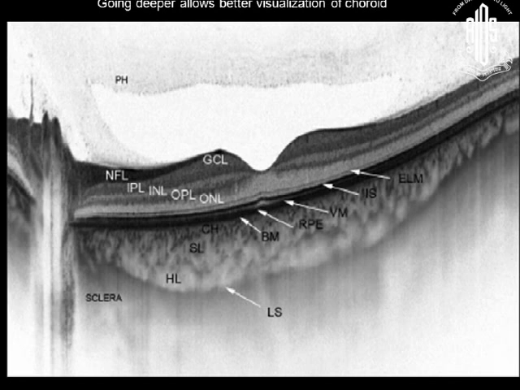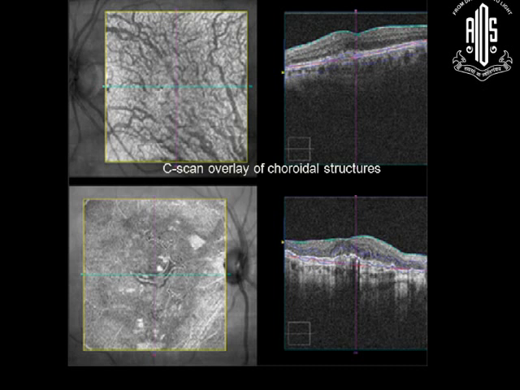Now coming to the deeper structure here, again you can see the layer of the choriocapillaris, the Sattler layer, Haller layer, and this is the suprachoroidal lamina. So you can see up to the sclera and these structures in detail. This is the C-scan overlay, and C-scan is the future because the world is moving from B-scan to the C-scans, back from tomography to topography. So this is, for example, the outer retinal tubulation in a patient, which you can see on the B-scan, go back to C-scan, put on the fundus for getting exact point-to-point registration, as mentioned by Professor Gupta.